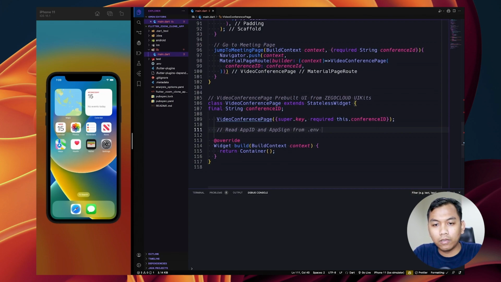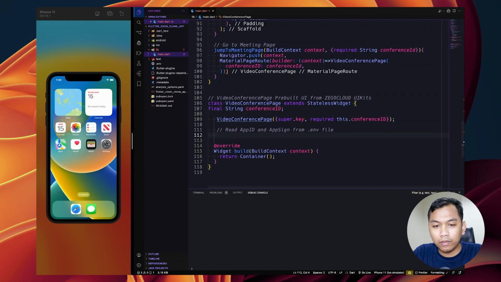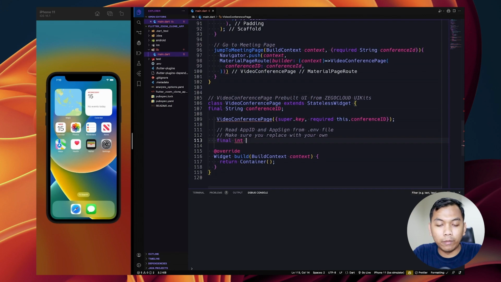Let's read app ID and app sign from our .env file, and make sure you replace with your own. And let's create a new variable, name it as appID as integer.